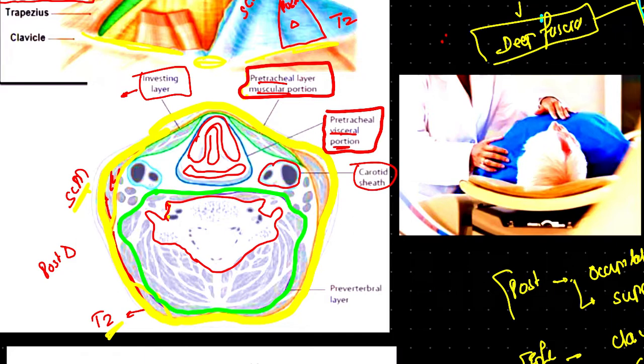Now we have a brief idea about these fascias: investing fascia, pre-vertebral fascia, pre-tracheal fascia. Now, talking about the pre-tracheal fascia, what I was saying is, this is our pre-tracheal fascia. What it is doing is, it is not just in front of the trachea, but also